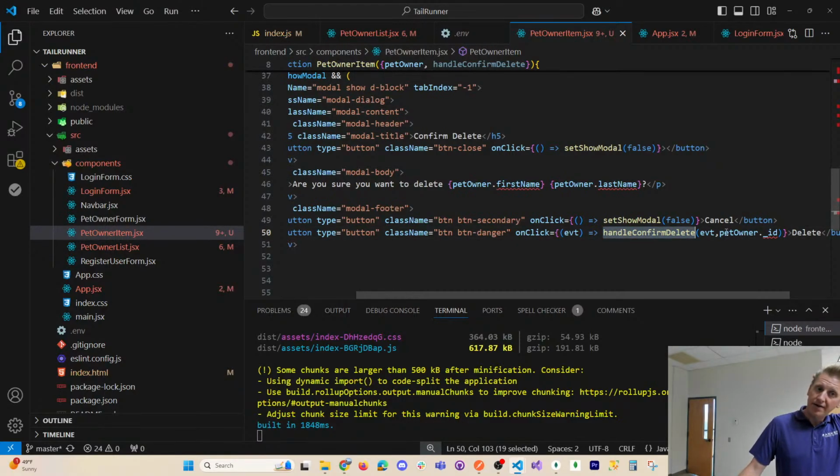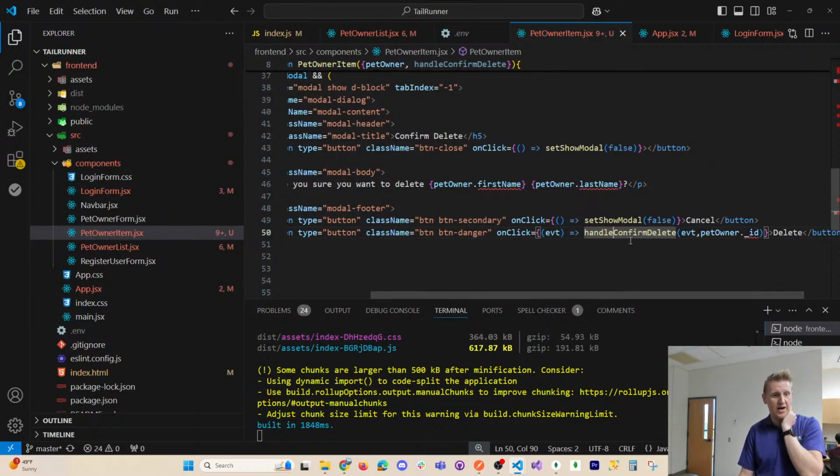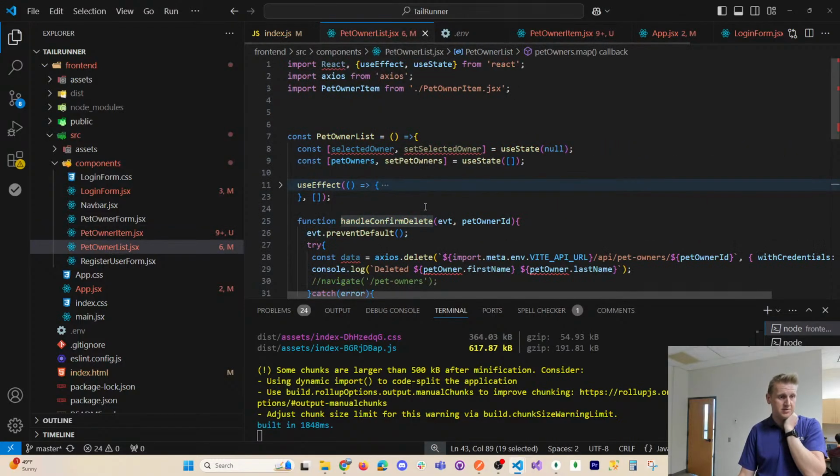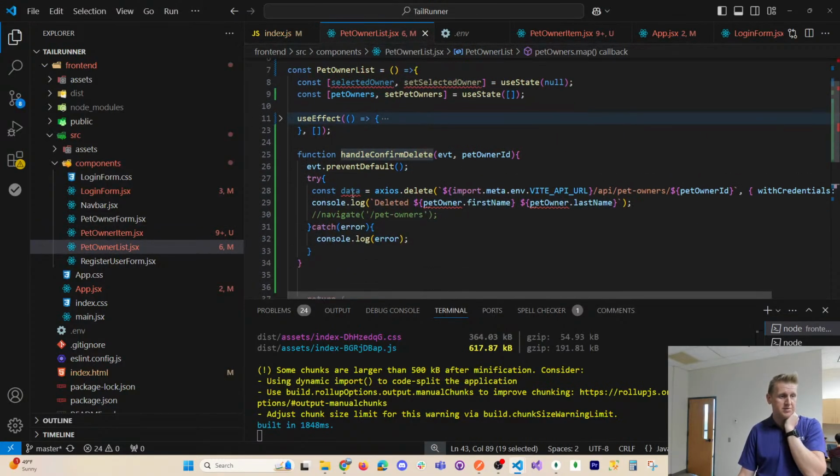Now here, I might have to write one more thing to also set the show modal to false. So I need this on click to call two functions. So I'm gonna have to refactor this to call two functions. Right now, it's calling one. All that, so that now,